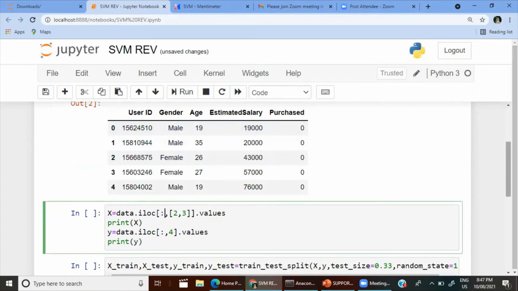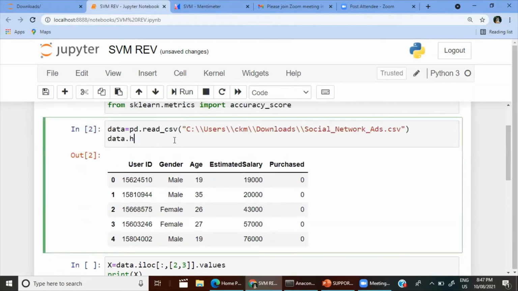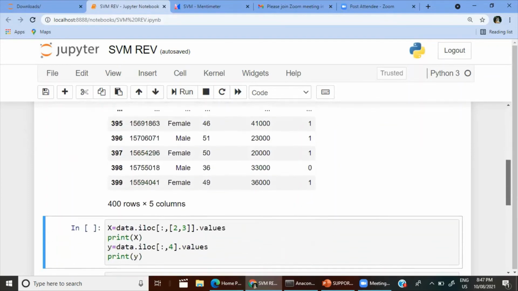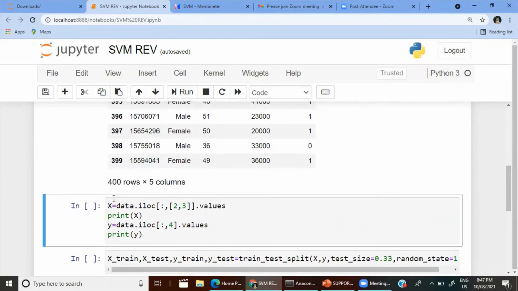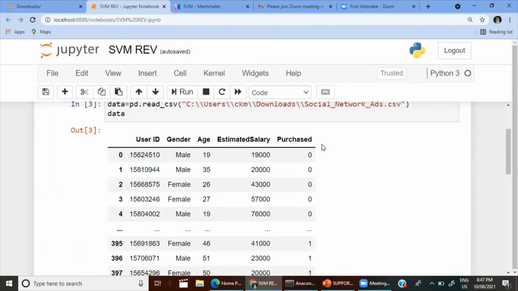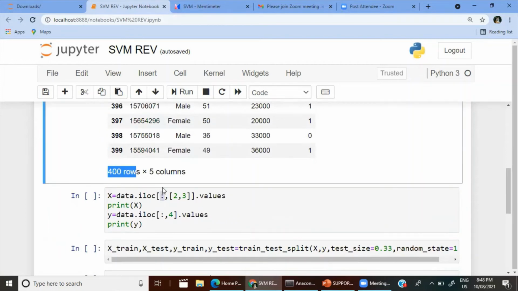If you see, we have 400 rows. Let me print it first, so that we can see how many rows are there in total. Here, 400 rows by 5 columns are there. Everything is mixed up here, target and features, so we have to split these 2 things. Age, estimated salary next. All rows means all the 400 rows, comma 2, comma 3.